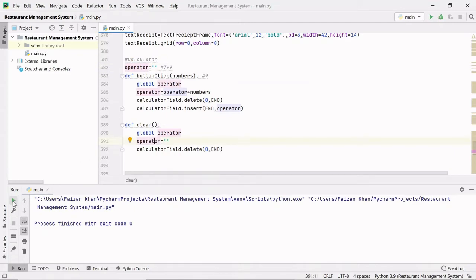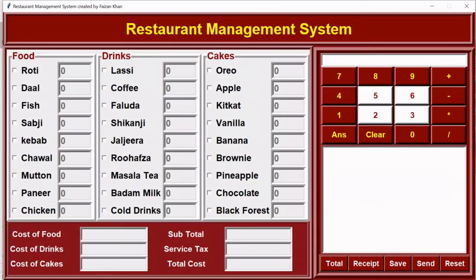I hope you are able to understand this. Let's see. Now if I multiply these two and click on this clear button, now if I type 9, you can see the previous string is now null because the clear function code is executed, and now I can type the next thing, right? I hope you understood this.